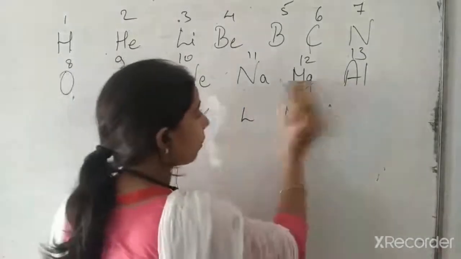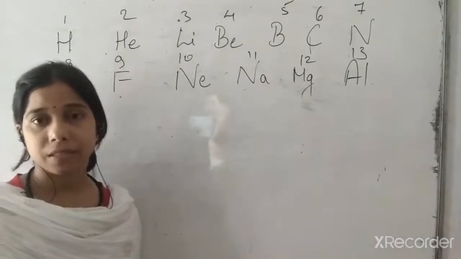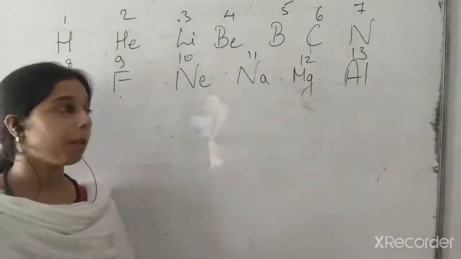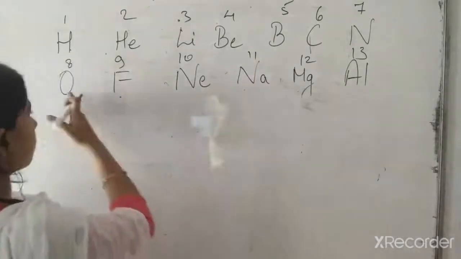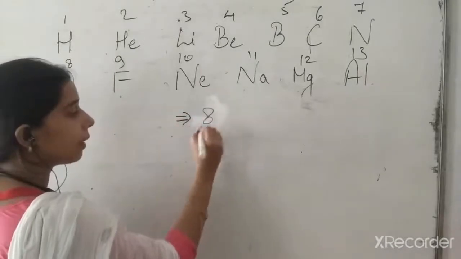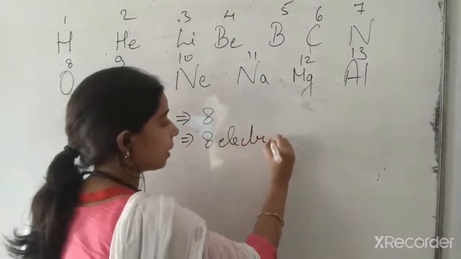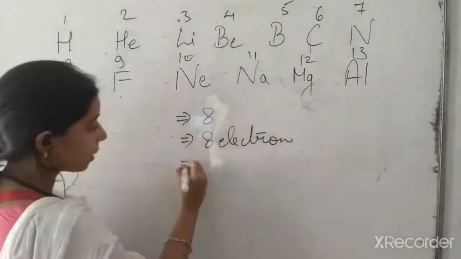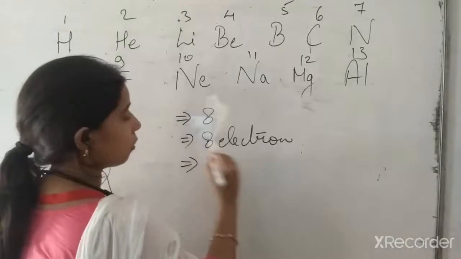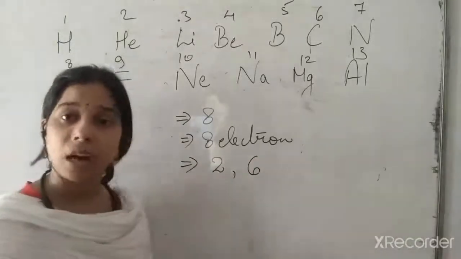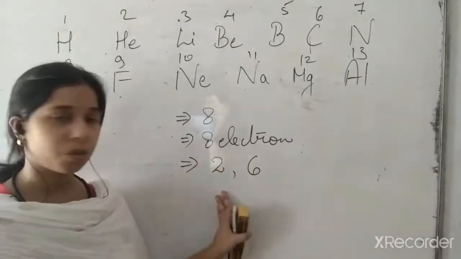So basically why I am explaining this, students, is that it will give you the valency. Valency is the combining capacity, and it totally depends upon the number of valence electrons present in it. Now, if we talk about oxygen, the oxygen atomic number is 8, so 8 electrons are present in it. It means in the first shell 2 electrons will move, and the rest, that is 6 electrons, will go to the other shell. The electronic configuration of oxygen is 2, 6.